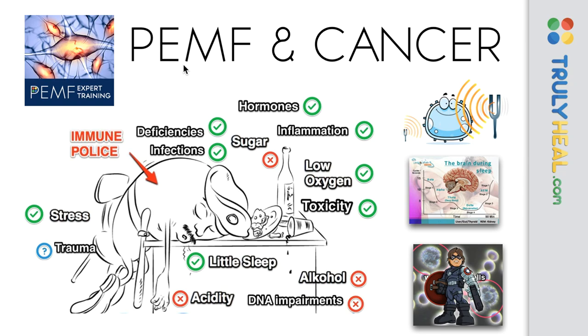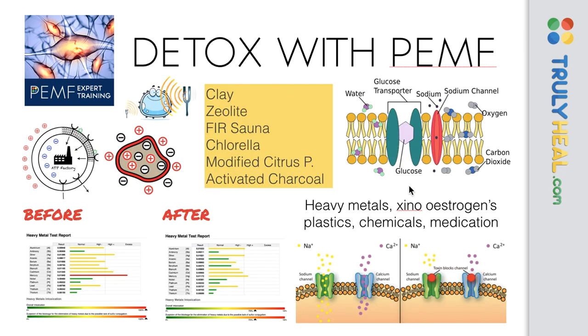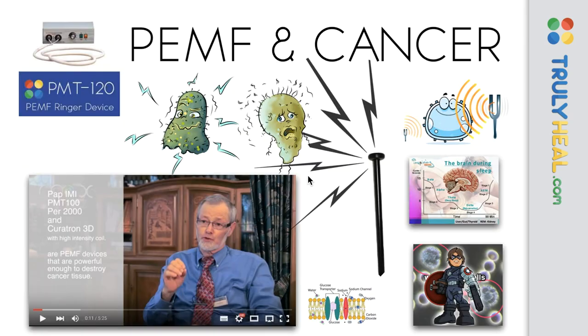And they're very wide. If you think back at the image, let me just see if I can find it fast. The image of the cell, you see the glucose transporters, they're very big compared to all the other channels. So they have loads of glucose channels and very little of the others. So when you start bombarding this cell with big energy, like they do in the Paracelsus clinic and many other clinics with those high concentrated coils, then you will see that the effects on those cancer cells are so massive